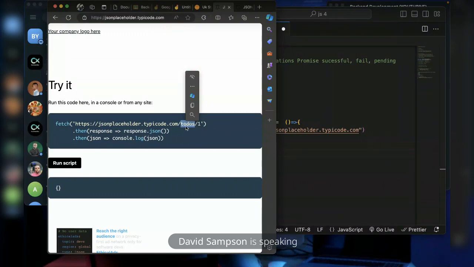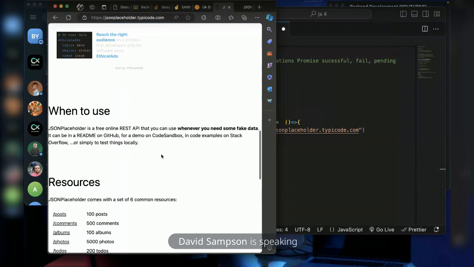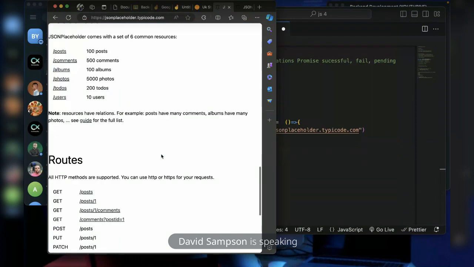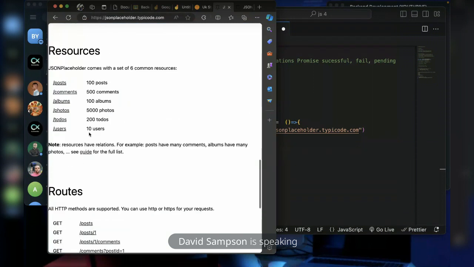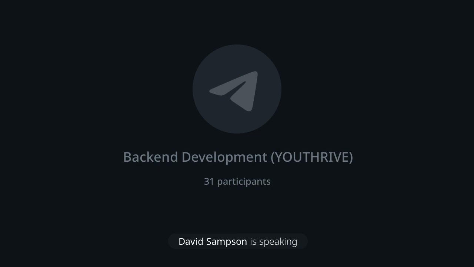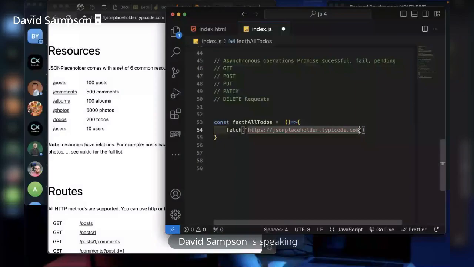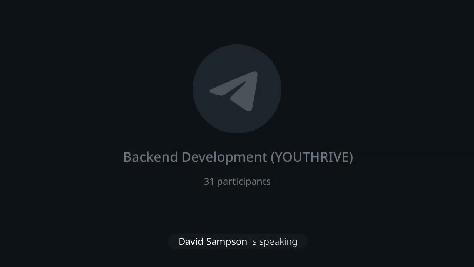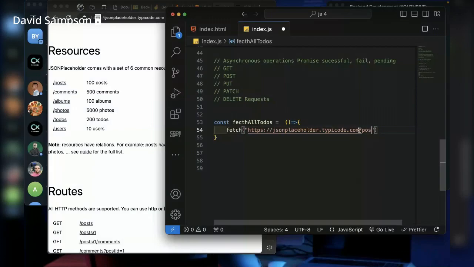So this is to-dos, and we're trying to get users, so we can take /users. So here I can add /users, or maybe posts, anyone. Let me go with posts and save it.